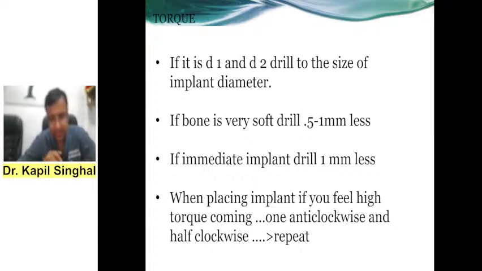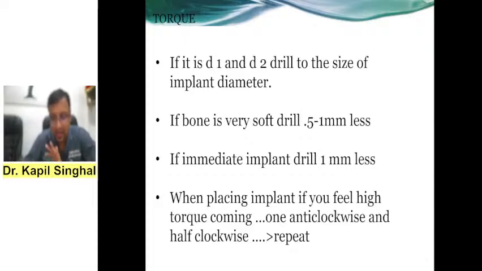Now a question can come to you: if you are placing your implant in the bone and you see that the torque is high, and one or two threads of your implant are outside the bone, but the torque is already very high, what should you do? You should take your implant clockwise and anti-clockwise, moving it 5 to 6 times. So what will happen? The bone there will expand and that excessive torque will reduce to a torque that is